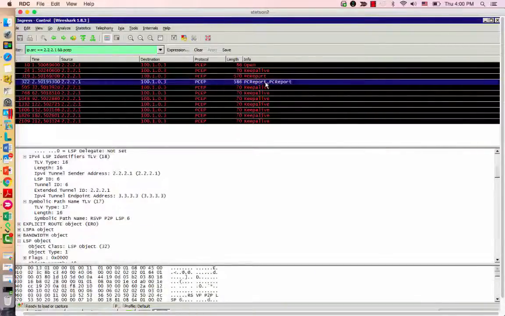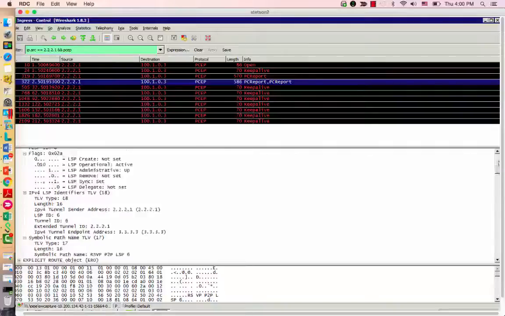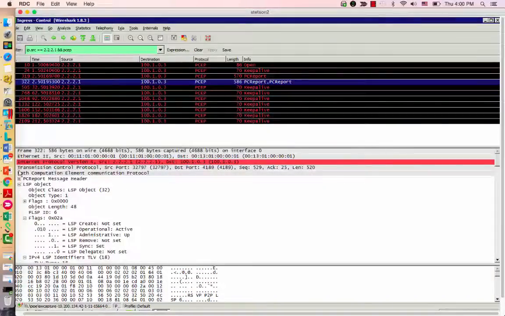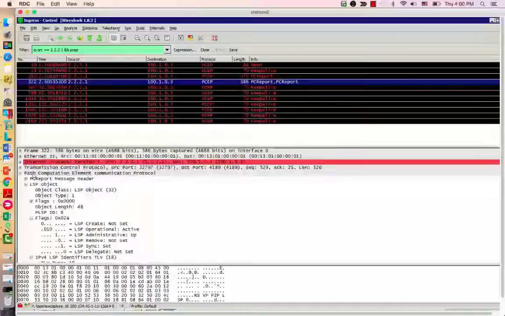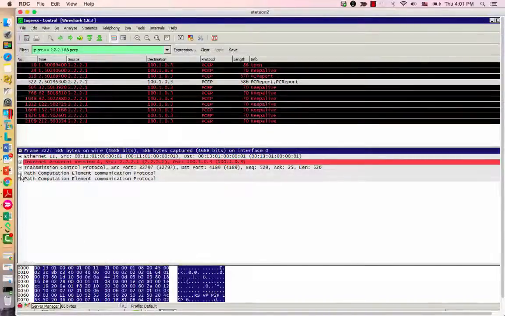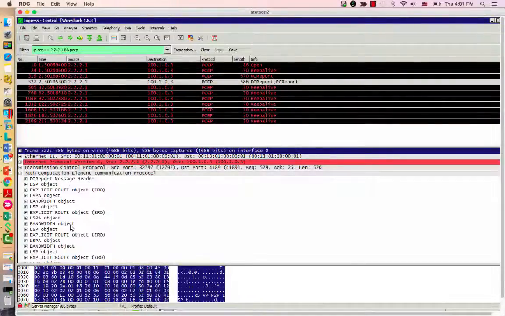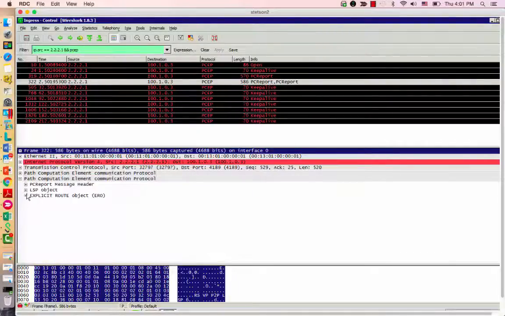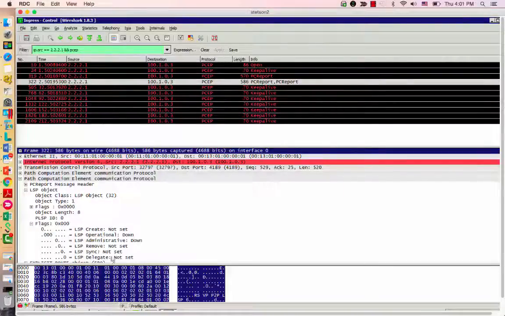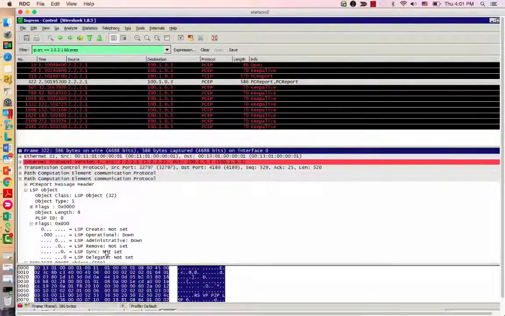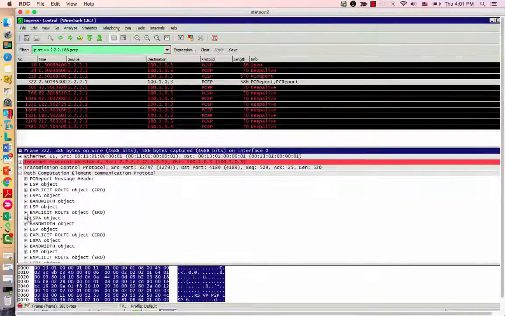And then you have another 2 PC report messages from this session. The first one is actually packed with another 5 RSPs, because you have 10 in total. I said the bundle is 5 per PC report, so you need 2 PC report messages. And then the last PC report message is actually the end of sync, so you can see the sync flag is not set. But if you look at the earlier PC report message, the flag here,